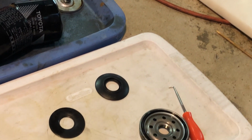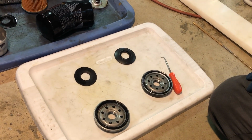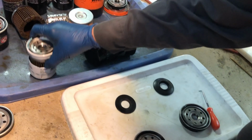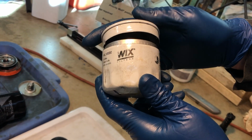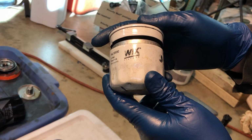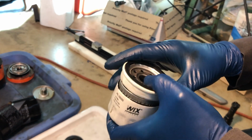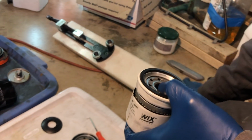I just want to take the opportunity also to compare the Toyota filter to another aftermarket filter. This is a motorcycle filter, and it's made by Wix, and the Wix has a lot of good reviews online. People like these filters, but I just wanted to show you and maybe do a little plug for one of